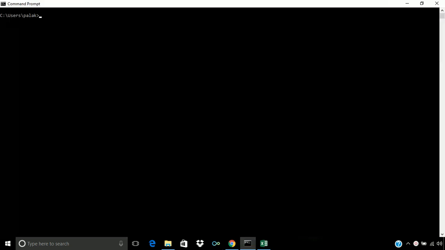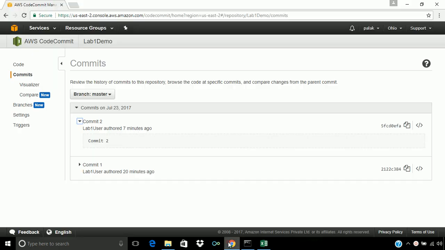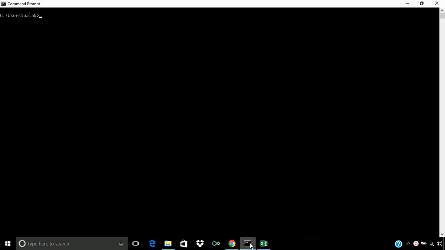Now let's see another use of AWS CodeCommit. Now consider that we have checked in all the code in our remote repository, and this is like a new user starting work in our company. So for him to fetch all the code into his working directory or his local machine, he just has to clone the remote repository into his local repository, and it will copy all the data from remote to his local, and he can start working on it.